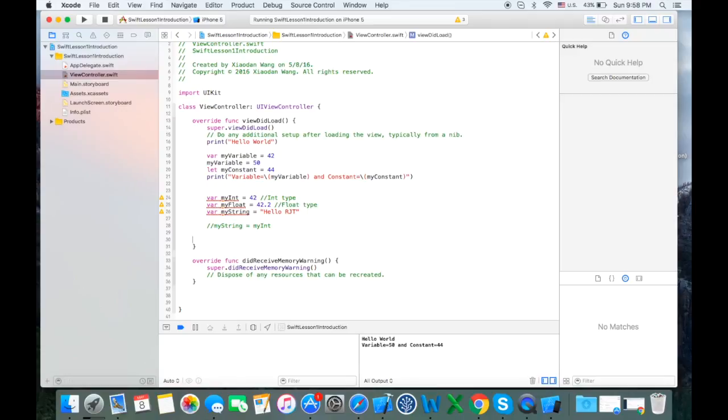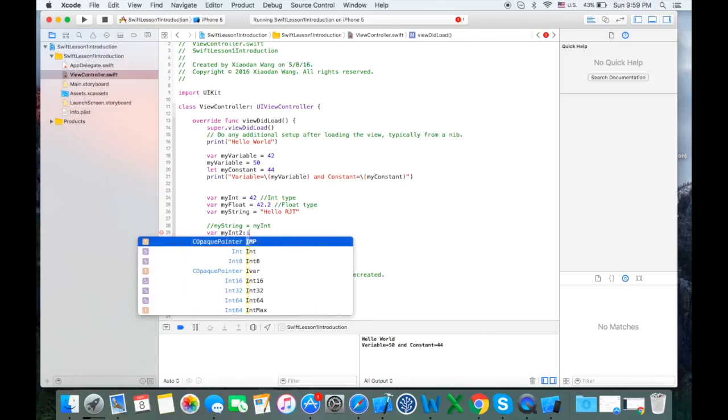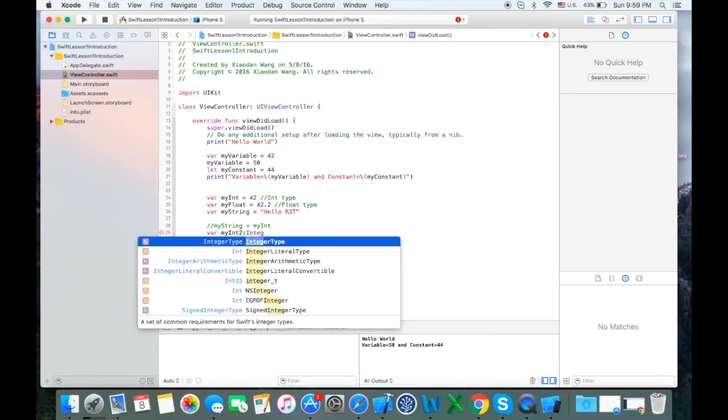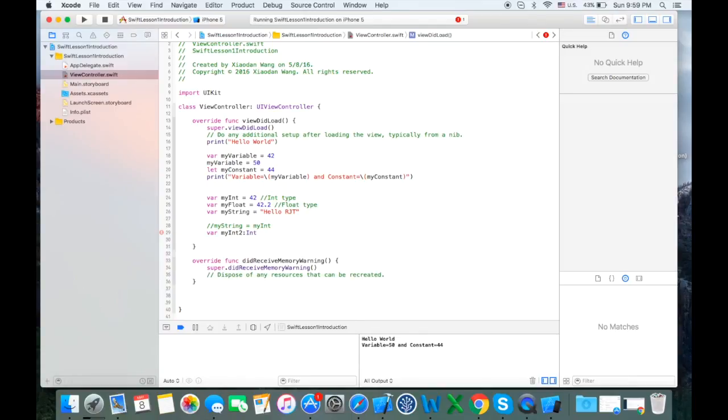Just like I mentioned, instead of using the type inference, you can declare the type more clearly, but you don't have to in some cases. So let's say, let's define my integer 2. In this case, we can, yeah, here just Int, put 42 here,